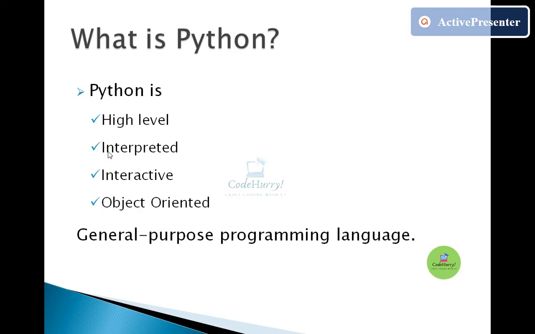We'll see a demo of how Python is called an interactive language. Then Python is also an object oriented language. You must be aware that Java is an object oriented language. In it, an object can be bound together with its data and the methods and functions and operations which are specific to those particular objects only.